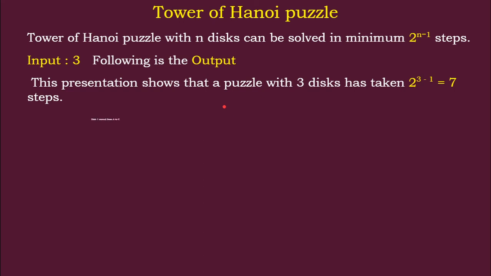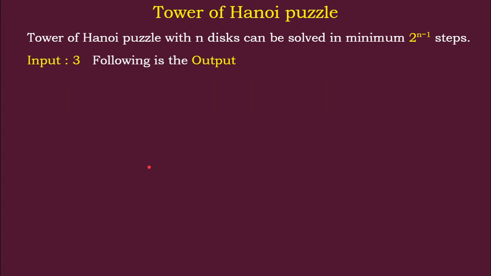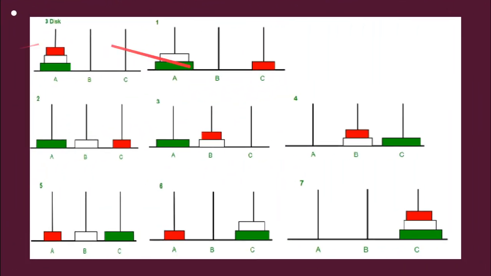is 7. Okay, so first we have to move the disc from A to C, that is the first to the last one, and then we have to move disc 2 from A to B. This is all the same thing we have done in the previous slides. So this is the diagram shown over here. So how this movement has taken place, move top to the destination, and now these 2 are on A. We have to move as per the rule. The rule says only one disc can be moved and we cannot place the bigger on the smaller.